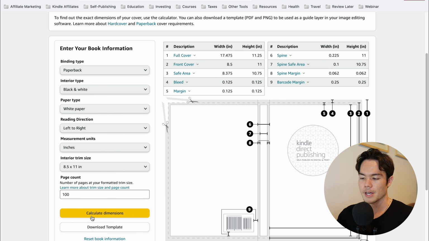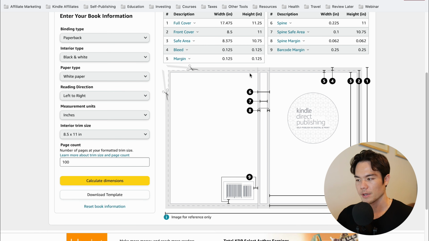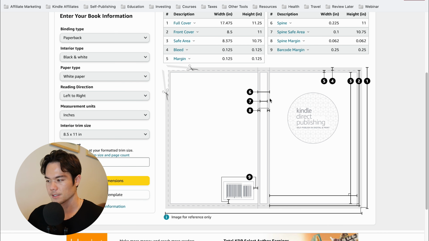So anyways, once you calculate the dimensions, you'll see this full cover width and height. This is the information you need when you're plugging this into Canva or any kind of designing tool. So even though your front cover is 8.5x11, right? This is the size that we chose. The full cover is actually not 8.5x11 because the front cover right here, this page right here, is 8.5x11, but